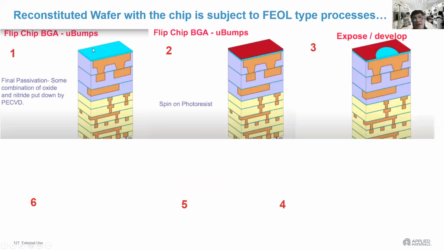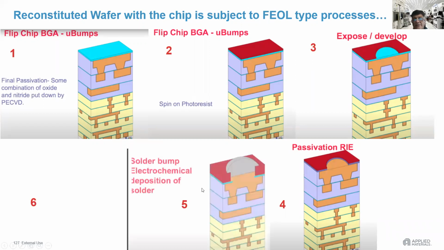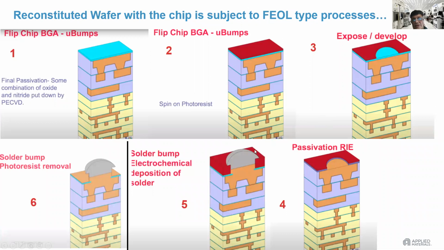So you're going to create a micro bump. You first passivate it and create a dielectric layer on that. You put some photoresist on it, you expose it, and then etch away the patterned area with the RIE, or reactive ion etching, and then you put a metal bump, a solder bump, on this, and then you remove the excess